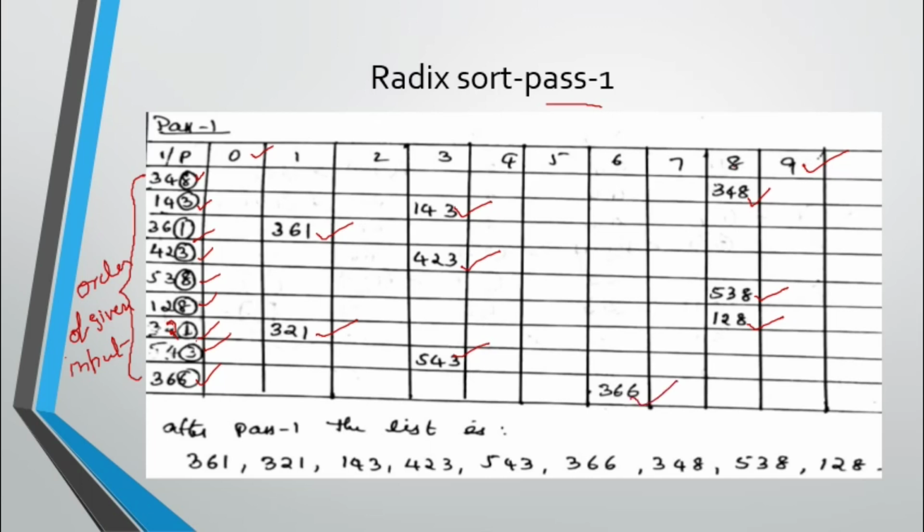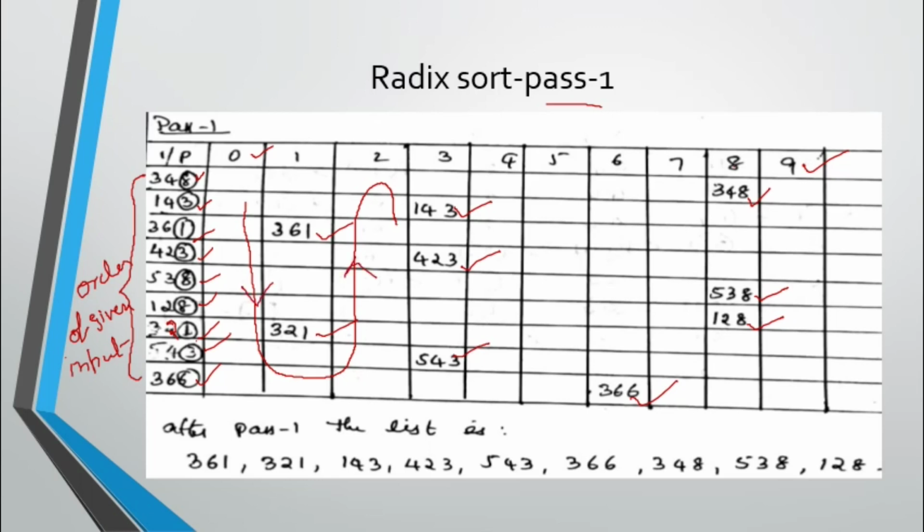Now you have filled the table. Now what you are supposed to write? Right now we have to write the numbers in this order. I will mark it in the way you need to write. So first number is 361. Go vertically. Then 321 comes. Then you need to go to 2. Under 2 you don't have any number. Again here also you need to come from top to bottom. Every vertical line, wherever a number is there, you have to come from top to bottom.